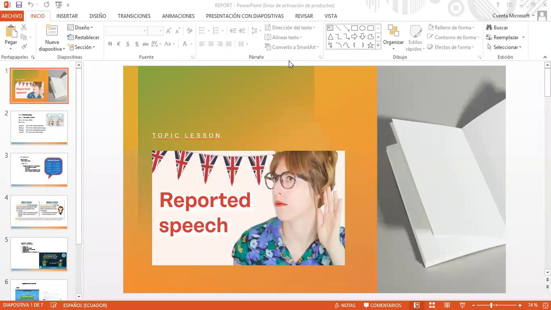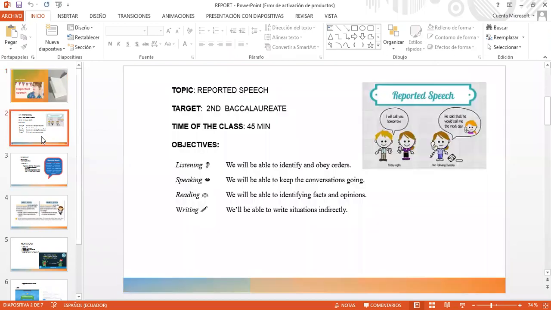So now, the reported speech is the class plan, the topic of the lesson. The target is second bachelor. The time of the class is 45 minutes. So, the objectives for this plan class: